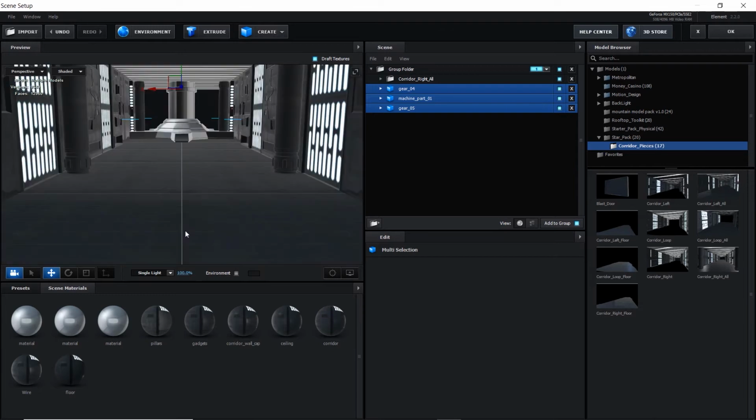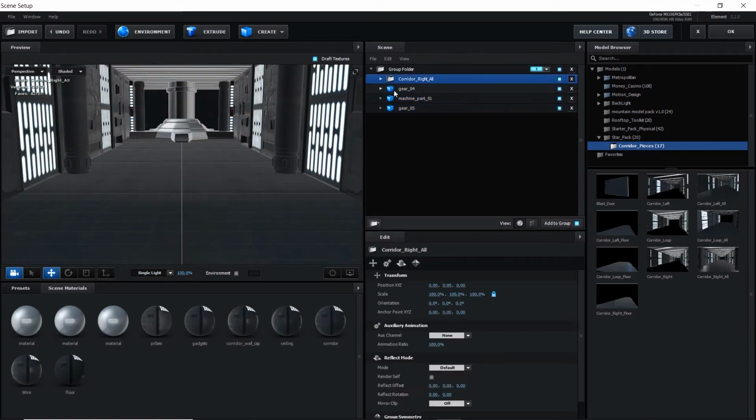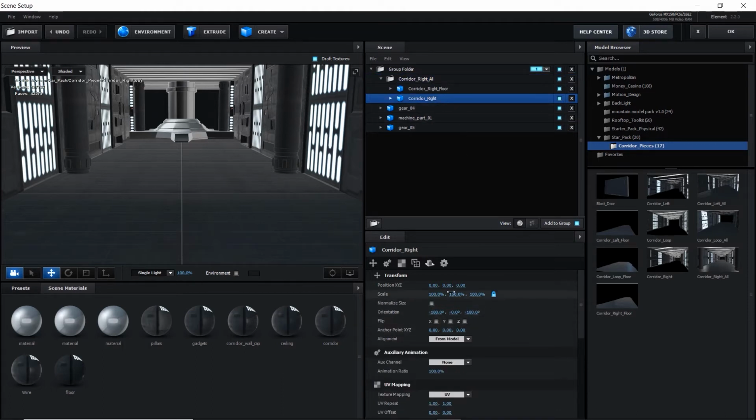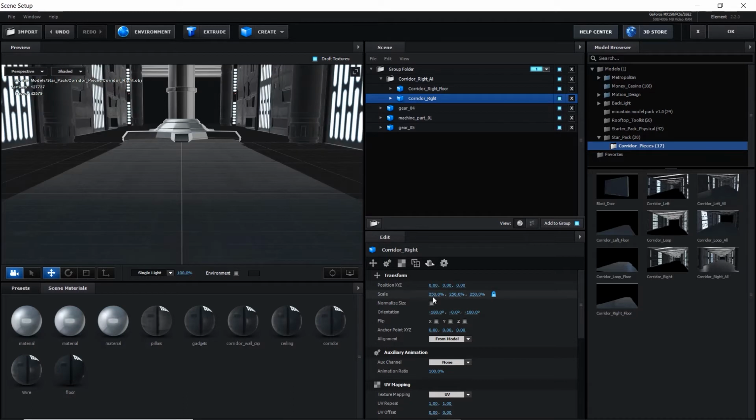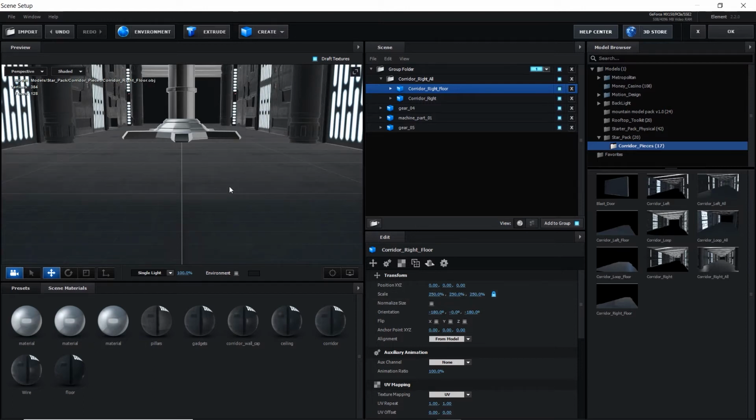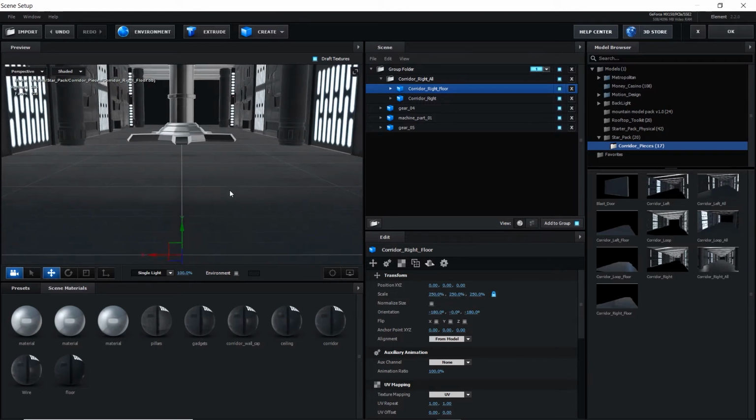Okay, let's increase the size of our corridor. So I click on corridor, go to corridor right, the scale, you see the options here, transform, then go to scale. Let's make it 50. Then also the floor, I'll make it 50. Okay, it's fine by me. Then this